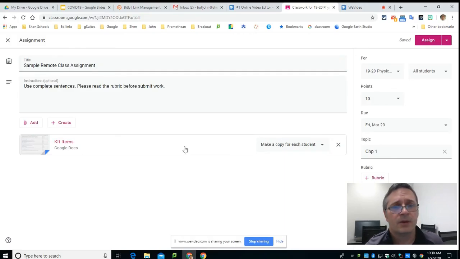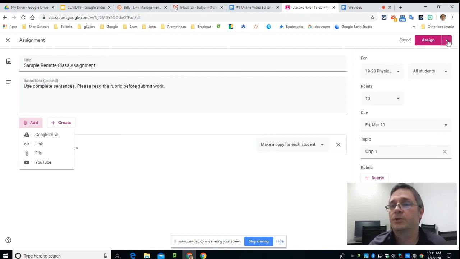So we've got our assignment, we've got our work attached. Note that you can attach more than one assignment to it. You can also attach YouTube videos for resources, links to outside websites, a file from your local computer, although I would recommend using the Google Drive and Google Docs for this because it makes it much easier when you go to score it, and much easier for the students to complete it because they may not have access to Microsoft Word or PowerPoint at home. So you really got to think about switching everything over to a Google type document if you're going to be teaching remotely, because you don't know what the students have available to them when they're outside of school. If they're using a school-issued Chromebook, they don't have Microsoft,